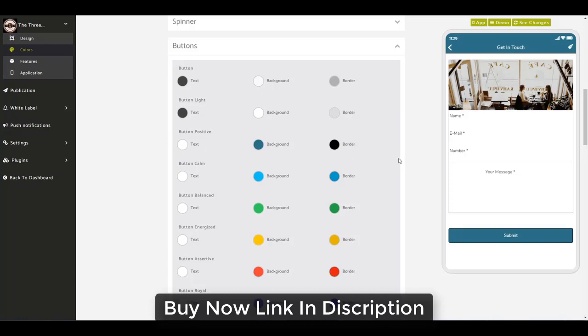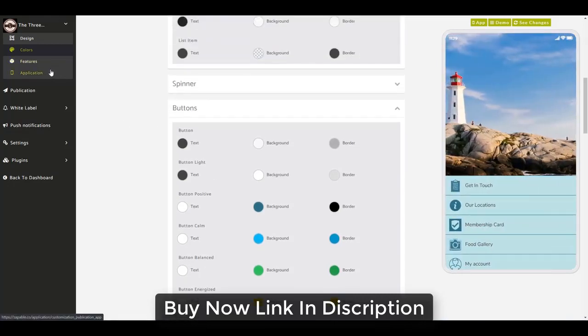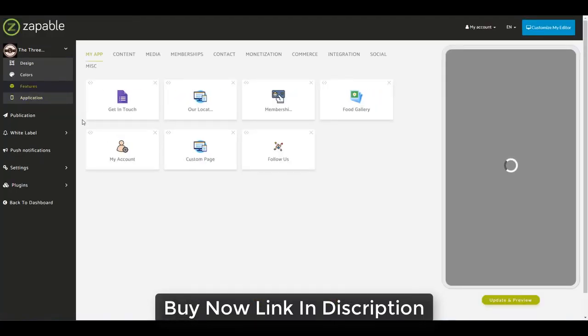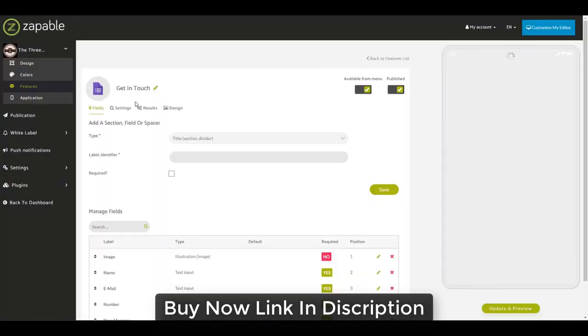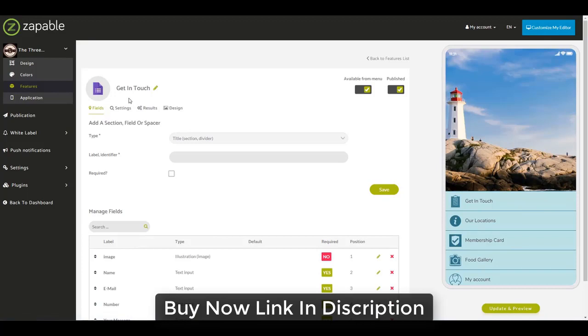So the button positive is the one that links up with the form here. So let's go back to the features and start looking at how we can populate those. The first one we're going to have a look at is going to be Get in Touch. It's using the form feature, which can be found under Contact, and I've gone in, I've renamed this as Get